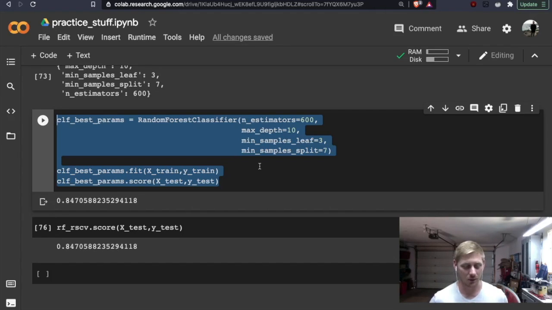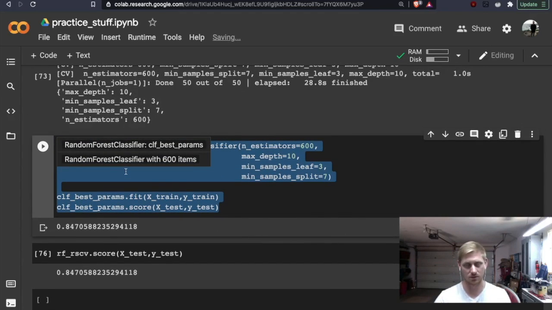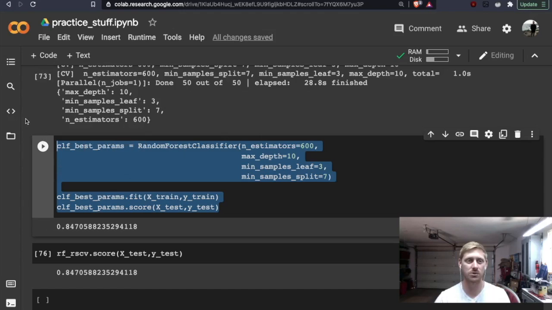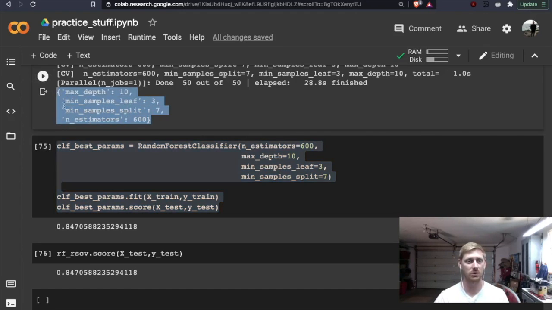So now we know, when working with this data in general, when you run RandomizedSearchCV, we can always see what the best results will be.